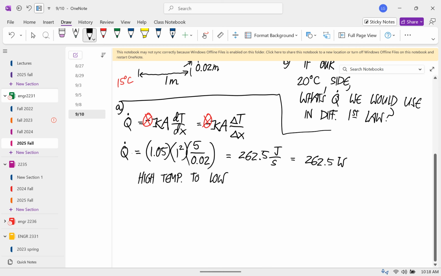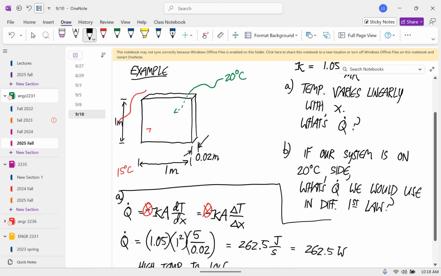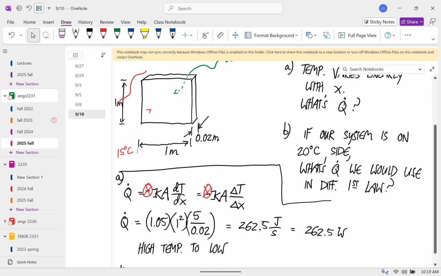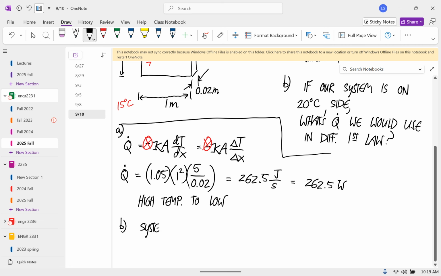So now the question is, okay, we've figured out the magnitude and the direction of that heat transfer. Now imagine that our system, because when you use the first law, you always have to choose a system. So let's say that our system is on the back side of this. Think of it as like our system is the inside of the room. What would we use here? Well, so if our system is the 20-degree side,